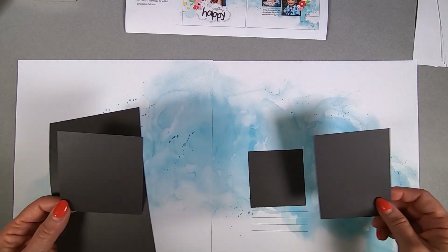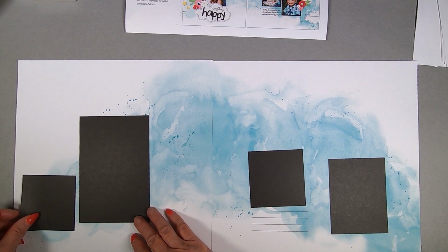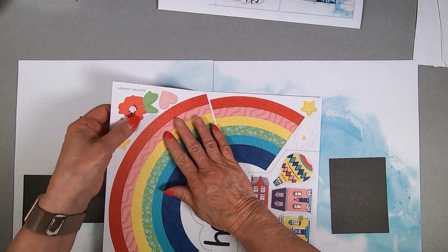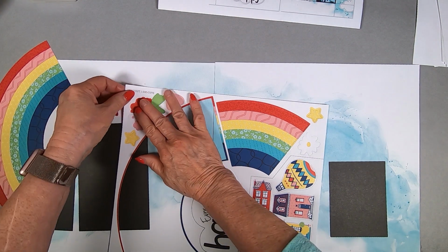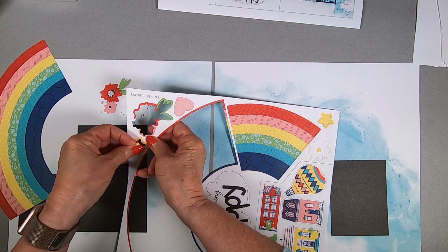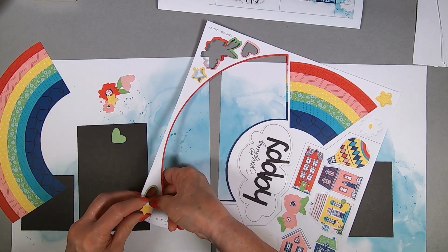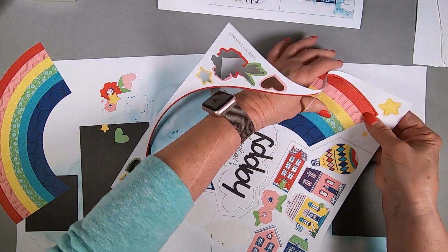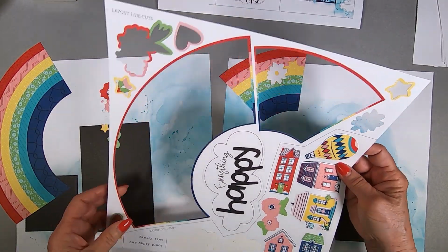Oh my goodness. You know, you could totally make your own background paper by just getting our watercolors and just smushing it and splatting it all around. And you could totally make your own background color to match the pictures that you've got. So I like this because you can get great ideas for doing things yourself. Of course, it's nice to have them done for you. Everybody likes that, right? So I'm just taking out the rainbow and the stars, little daisy,